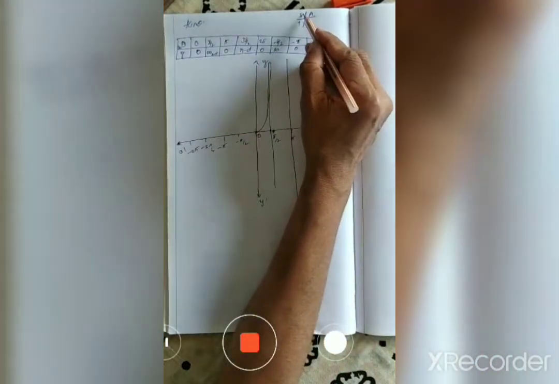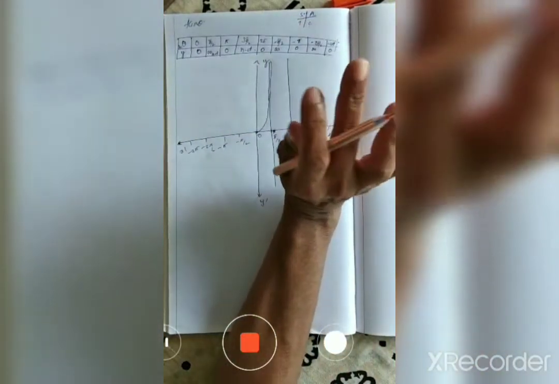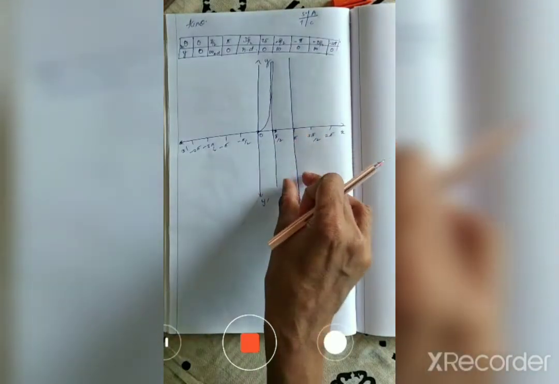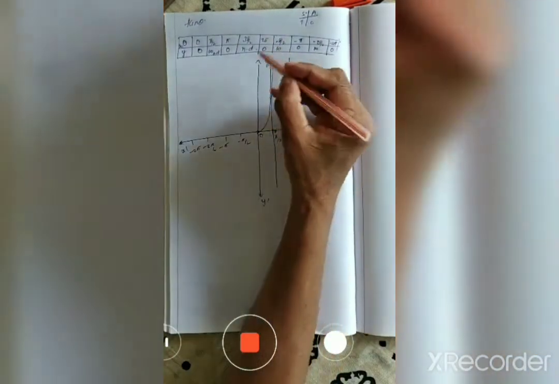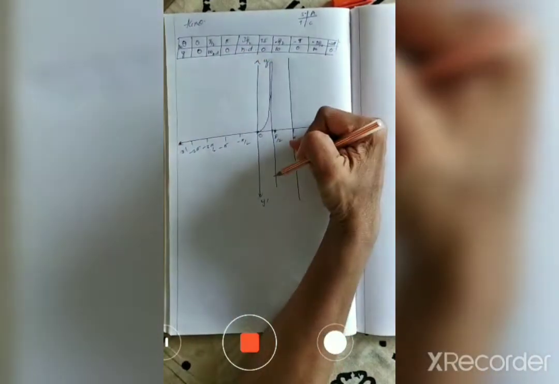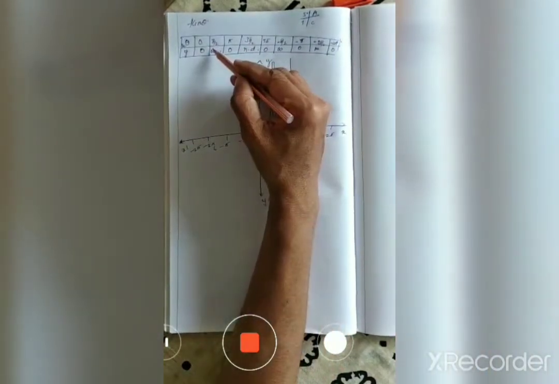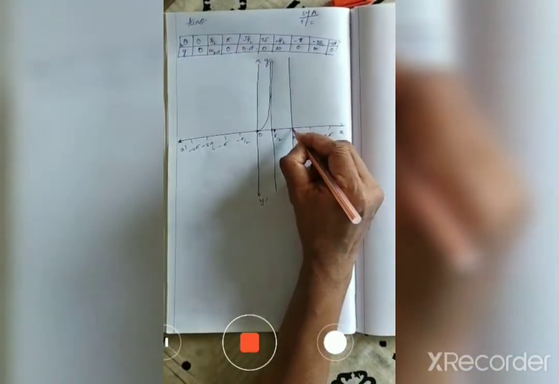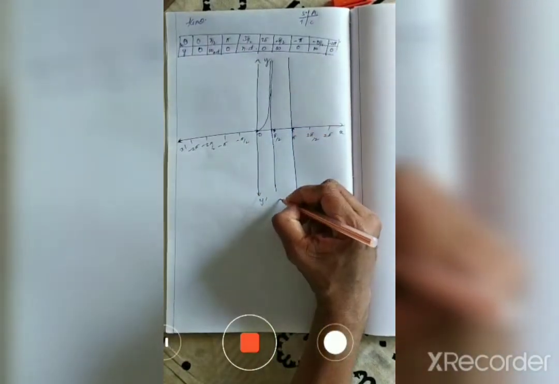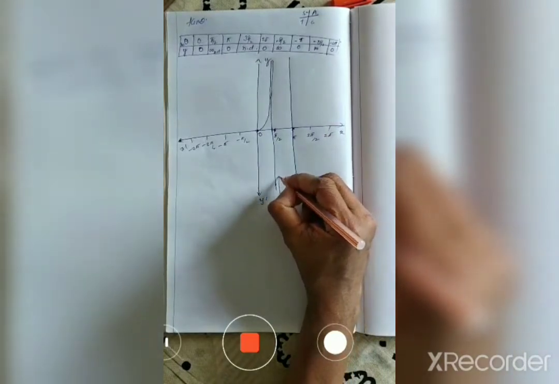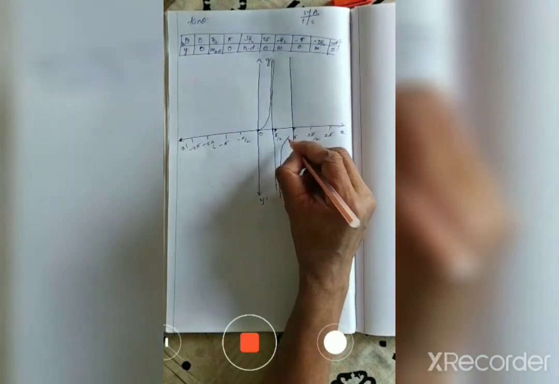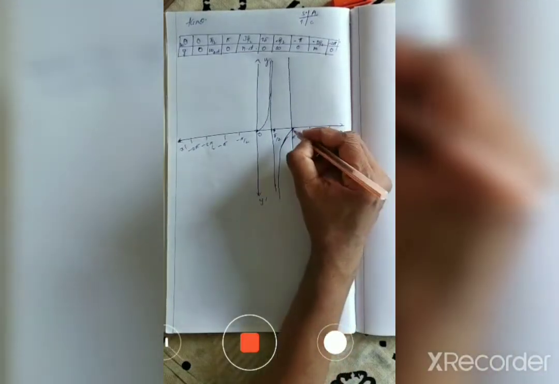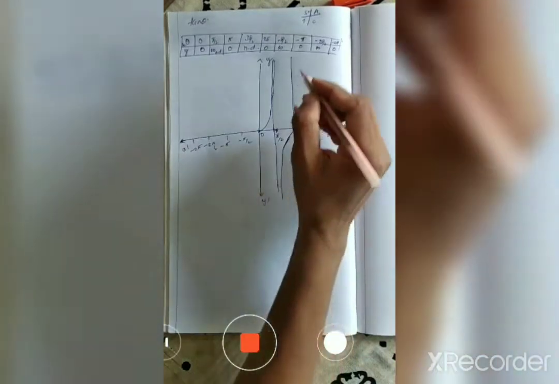In second quadrant, sine positive, so tan is negative. So in second quadrant, tan function takes negative value. So y values will be negative. From where to where? At pi by 2 it is not defined, so it starts from infinity. And tan pi becomes 0. So it goes like this. Negative values from infinity to 0.